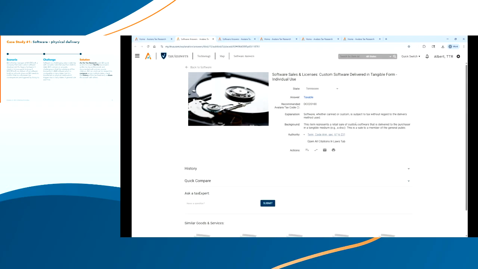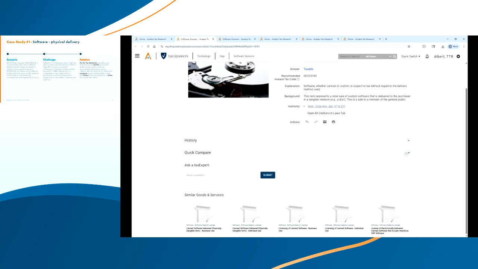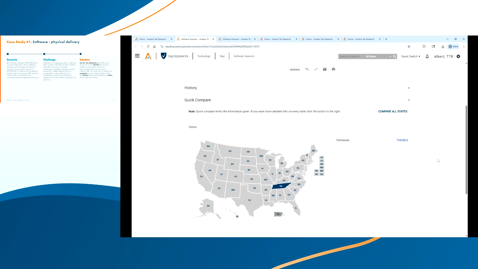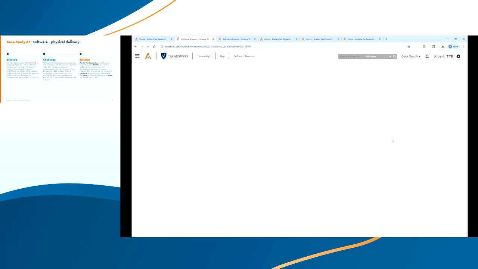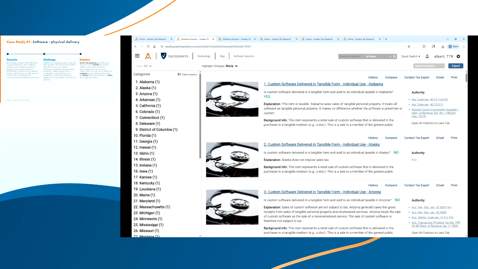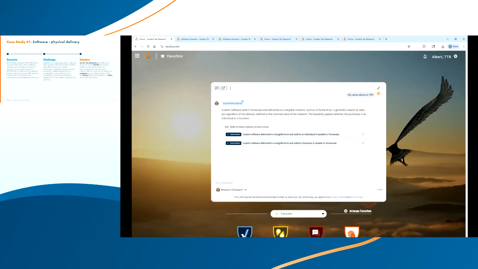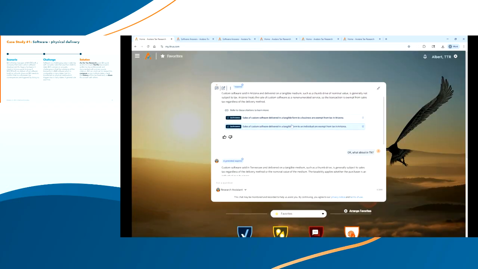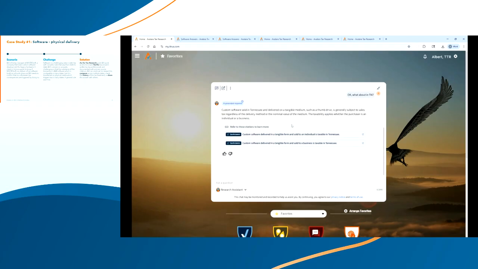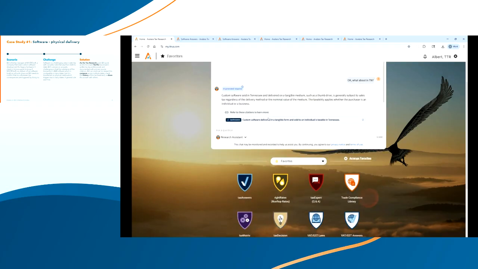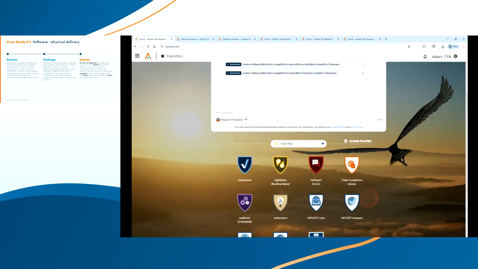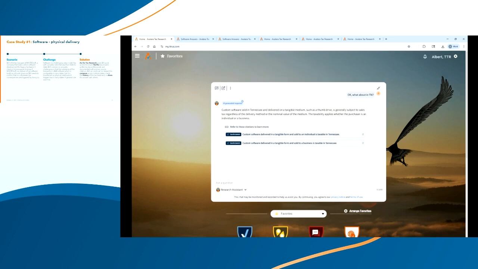And if we wanted, we could compare this across all states. So let's say we want to save a matrix because we think this might come up in the future. I can quickly compare certain states, or I can compare all states. And we can pull this tax answer up for all states and export it into a matrix if I want to save it elsewhere. So that's how Avi can give you a lot of leverage in terms of very quickly getting to an answer of a straightforward question and getting you straight to the content that you know is correct. It just makes it dramatically easier to use. You don't have to know how to do a library search. You just have to have a question.